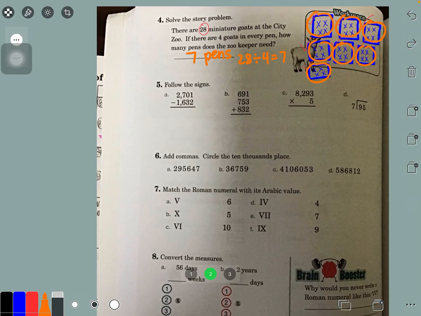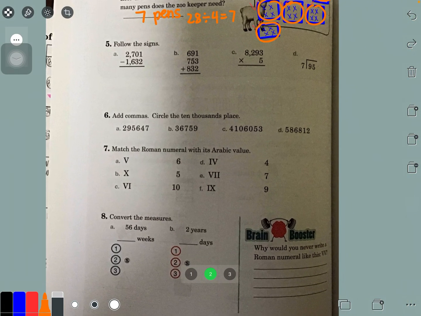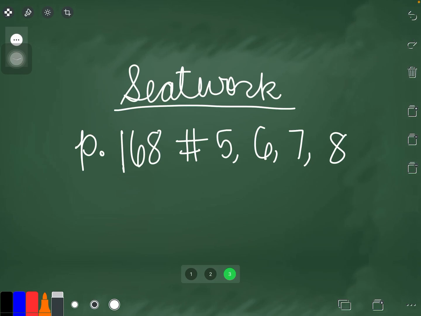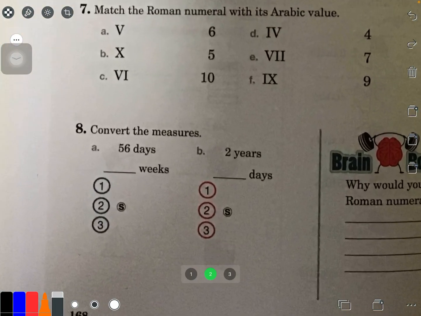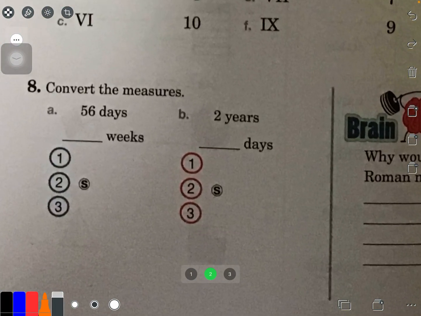So for seat work, you're going to do 5, 6, 7 on your own. Did I say 8? Oh, I did 8. No. I'll do 8 with you. And you can definitely try the brain booster. But let's do number 8 together. It's been a while since we've done this converting. Okay, so